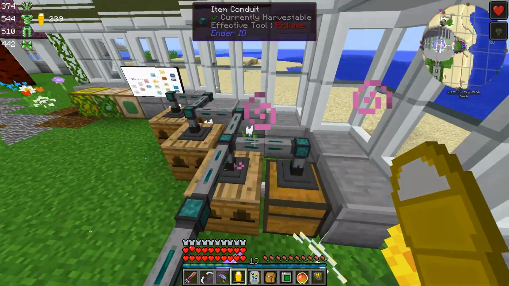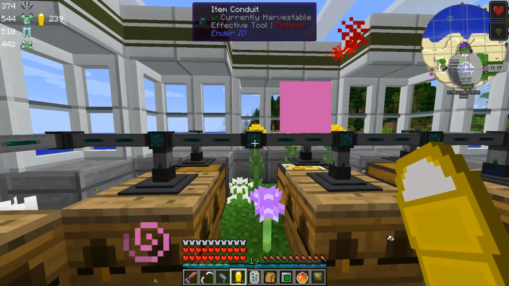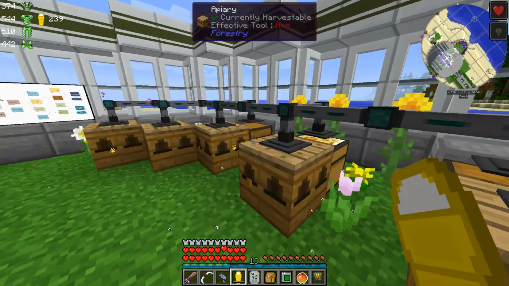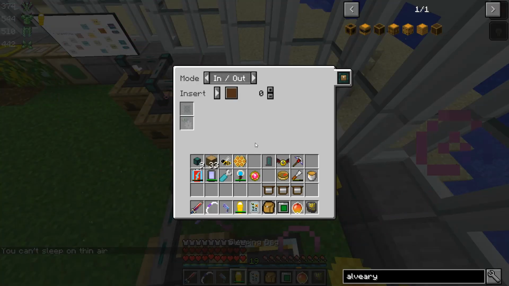because we don't want to cross-pollinate these. Of course, we could just have 2 separate networks. I could break this, and that would be just fine. It would work just fine. We wouldn't have to use the different colored channels. But